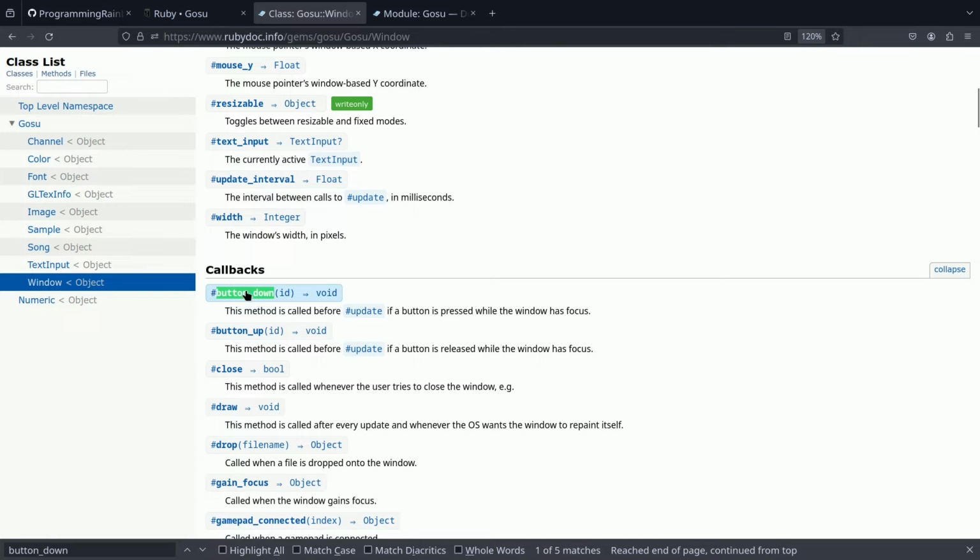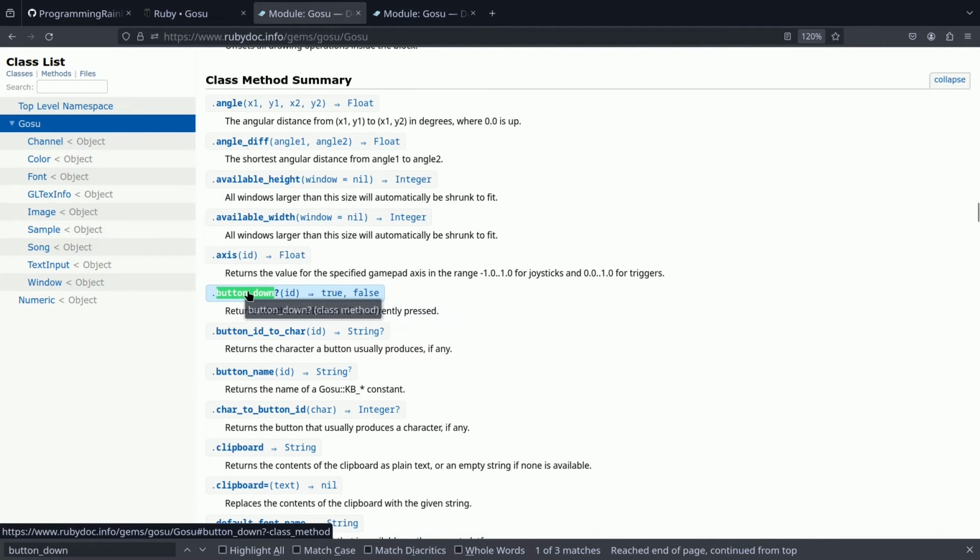Yeah. So this is a method of the window class where it's giving us that keyboard event, whereas the other one, this one is just giving us the state. So this is a class method, but it's for Gosu. It's not specifically for the window. And what it is doing is it's not telling us whether an event has happened. It's telling us what's the state of the key that we're looking for. What's the specific state of it? Is it in the down